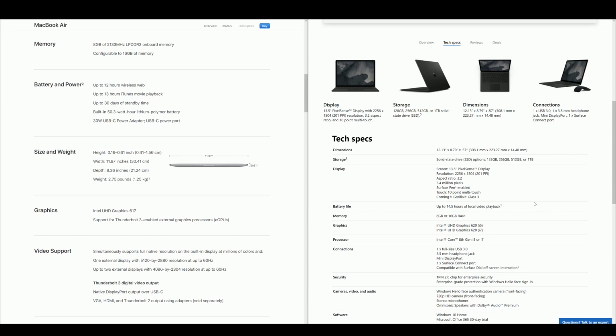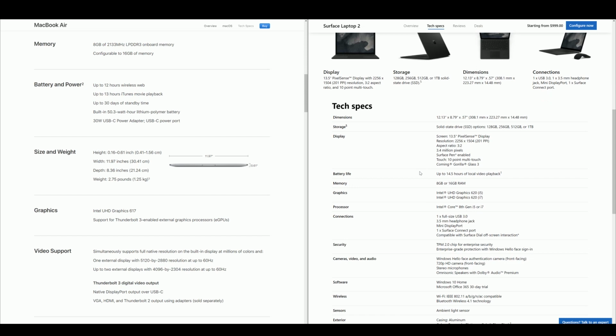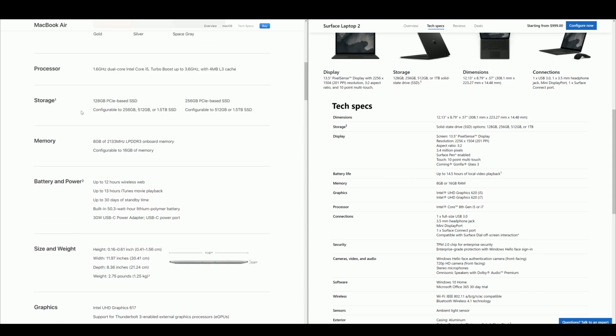Now, this is where things get interesting, because Microsoft is using the traditional, easy to understand Intel chips. They're using the 8th gen, which is a quad-core setup. Remember, this is quad-core because this is going to be a differentiator here from Microsoft. And we can actually pull up the specs here, right there. And so what you get here is, we can see that if we scroll down here, so we got the processor, Intel 8th gen, i5 or i7, and then on the MacBook Air side, things get a little bit different.